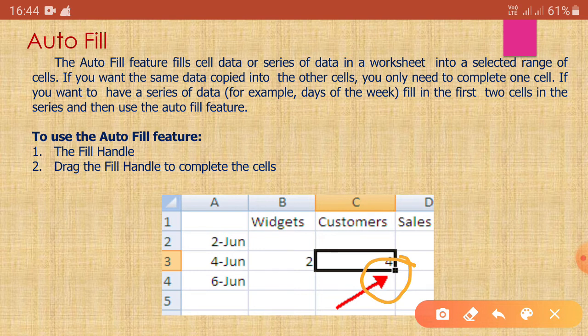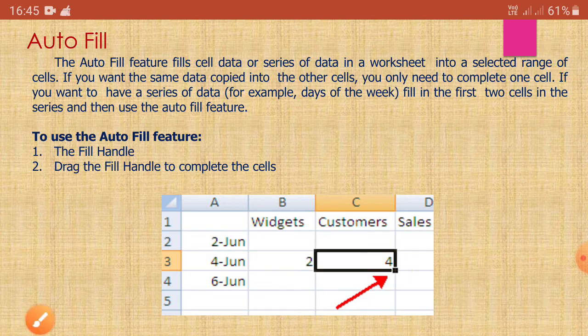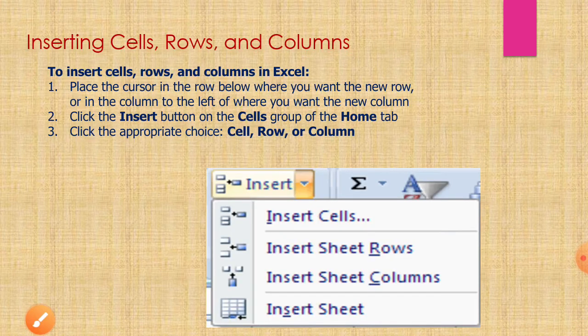Whatever number you want, you use this fill handle on the particular cell, and it gives you all the numbers continuously. If you drag this fill handle, it gives you 4, 5, 6 continuously. It is autofill. So the autofill feature basically fills cell data or series of data. Go to the next slide.